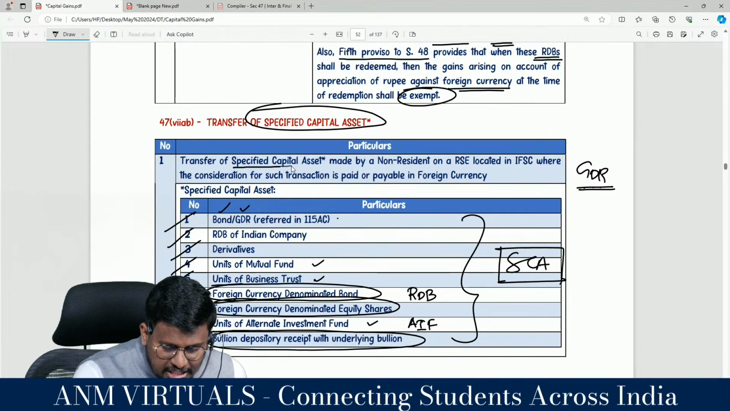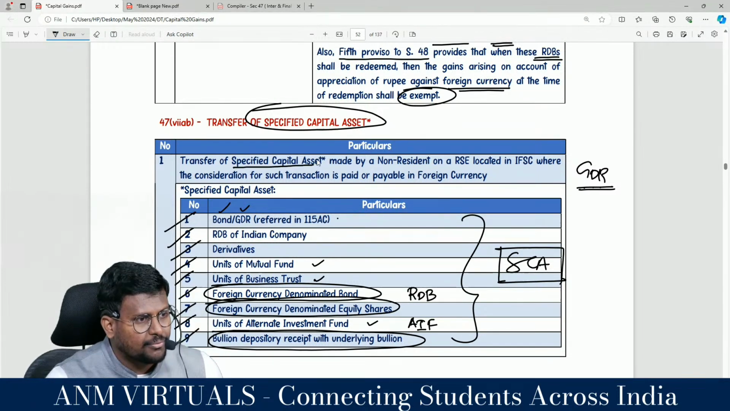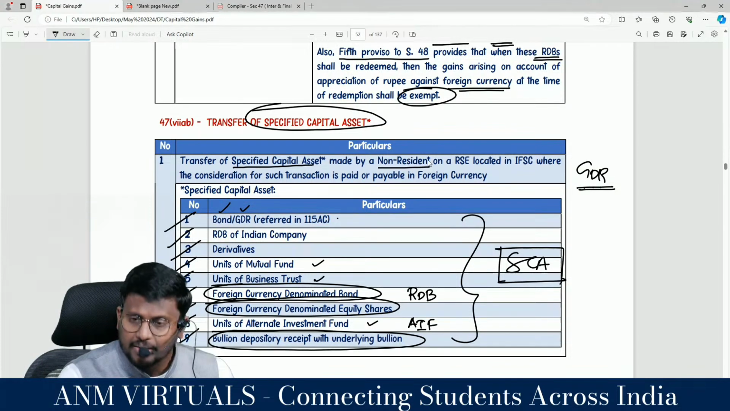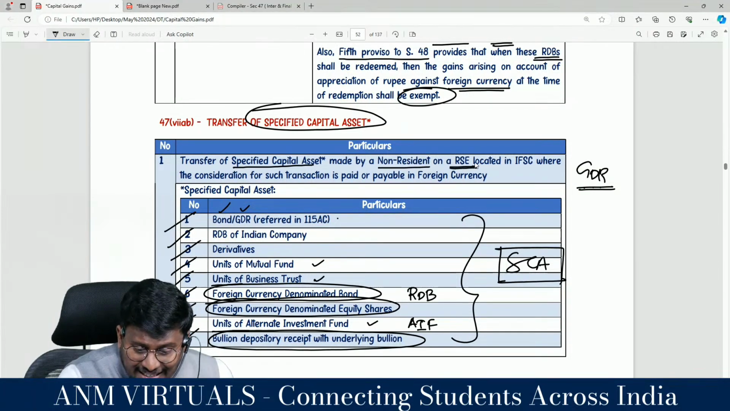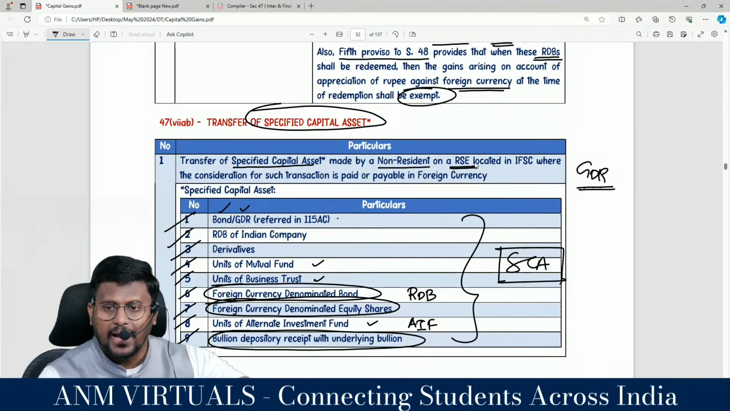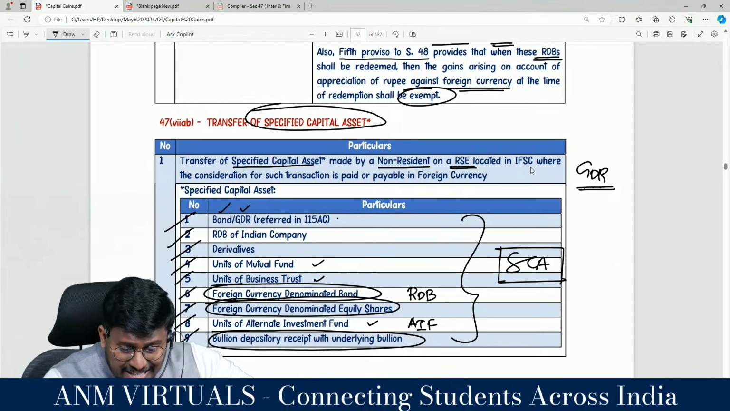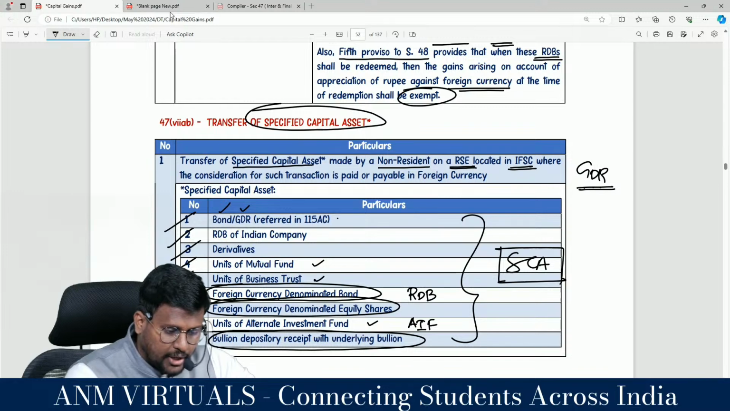Transfer of a specified capital asset made on a recognized stock exchange located in IFSC, located in